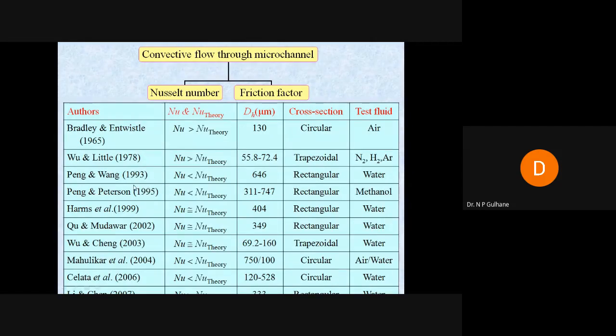The reason they found is that because of this small tube, many factors are considered, and new effects at a micro level, called axial conduction, viscous dissipation, property variation, compressibility effect, come into the picture, which otherwise cannot be considered at a macro level. So that is what the study is, and that is why microchannel cooling technology becomes so important and so popular.